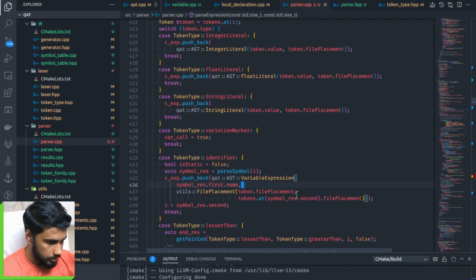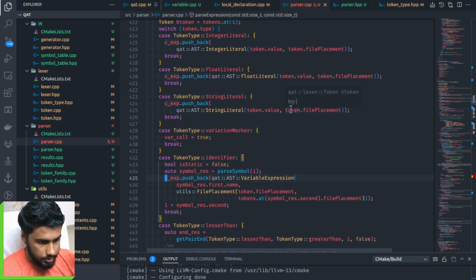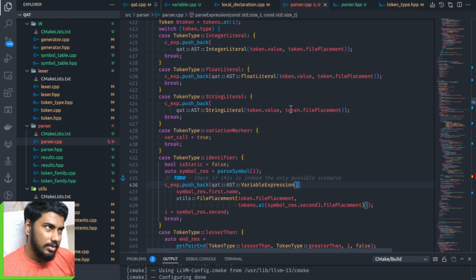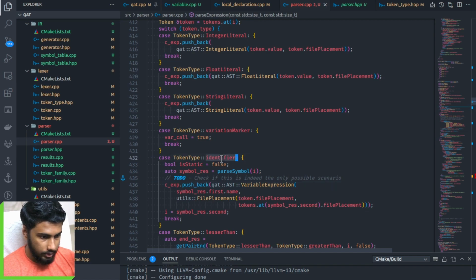Wait. Okay, we are passing a symbol. We're using it for the variable expression. Okay, it is indeed an expression. But are you that sure that it will always be an identifier? Oh, sorry, it will always be a variable. Let me see. I have to check if this is indeed the only possible scenario. I think, for example, a variable expression, yeah, because anything else won't actually start with an identifier being